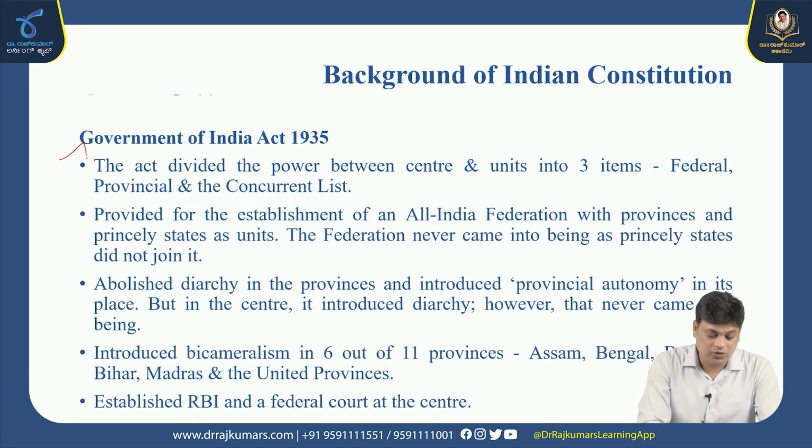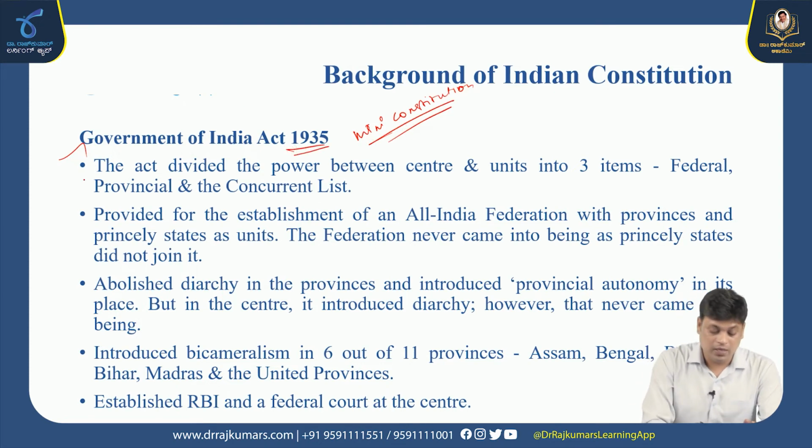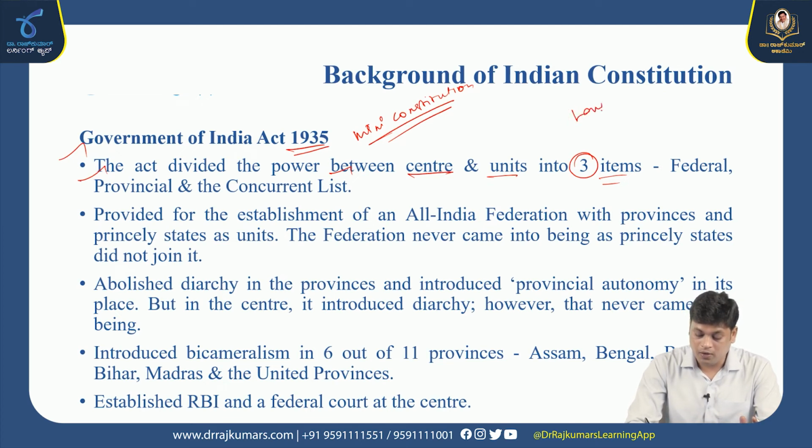Okay, next act which is known as mini constitution. Okay, mini constitution. Okay, Government of India Act 1935. The act divided the power between the center and units into 3 lists. Okay, now if in India they wanted to make a law, they started giving some subjects under the list that comes under federal list, provincial list,